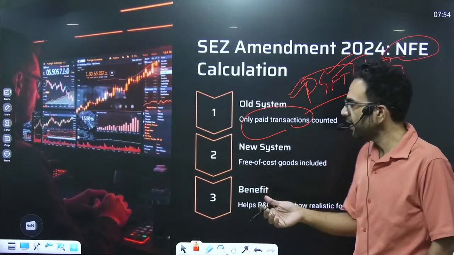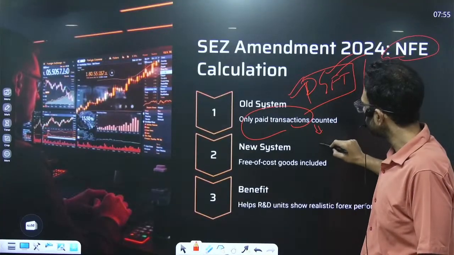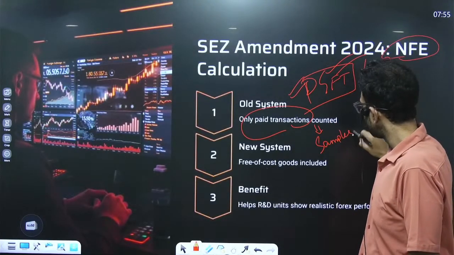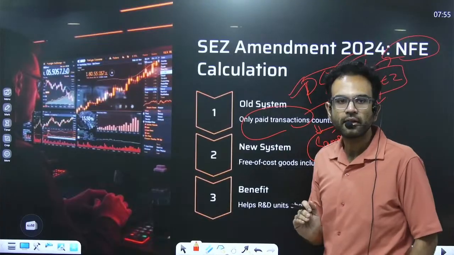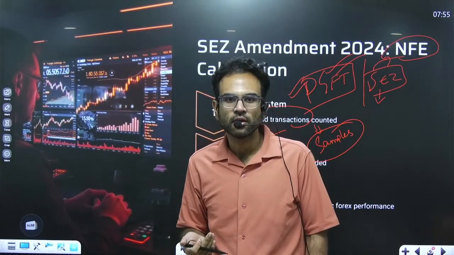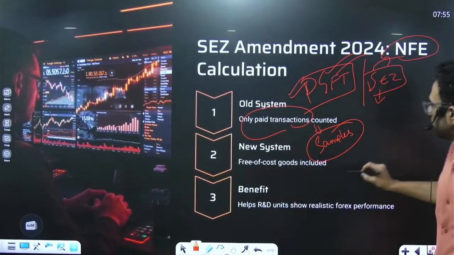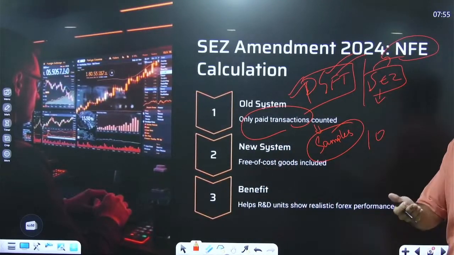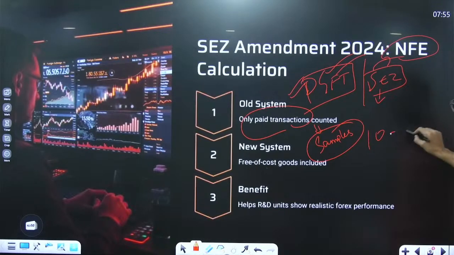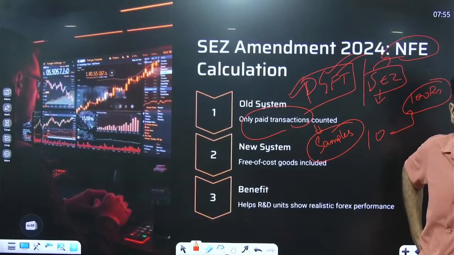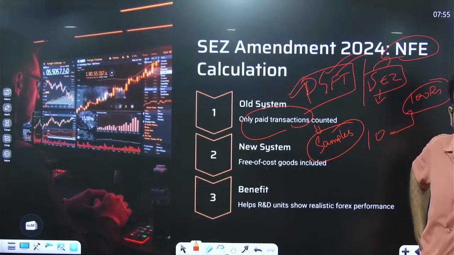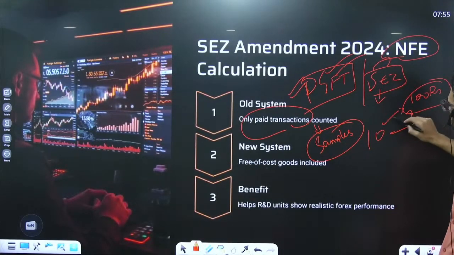The new rule says that we will allow samples. See, when you are importing a raw material, that will be calculated as a cost, right? So if you want to reduce that, see, what is a traditional business? Let's say you bring 10 rupees worth of goods into this country and I have to send 100 rupees out. That is how businesses think. I'm just giving an example. And incentives are on the amount of profit you create.